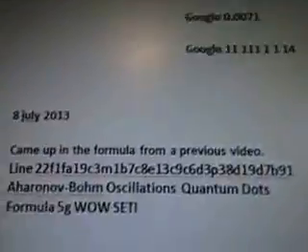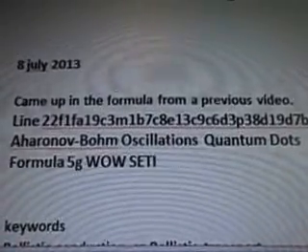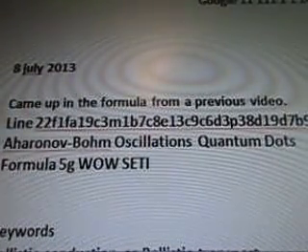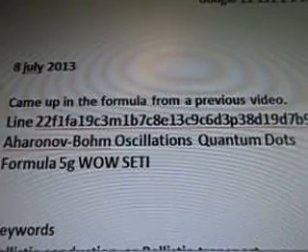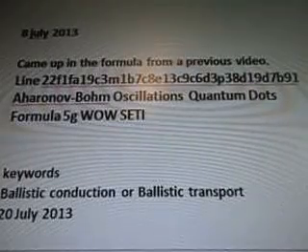There's the alien radio signal. You might want to go back to formula number 1 because they're all together. July 8th is when I was working on it, 2013. Today's August 7th. It came up from a previous video, line 22, 7B91, Aharonov-Bohm Oscillations, Quantum Dots Formula 5G Wow